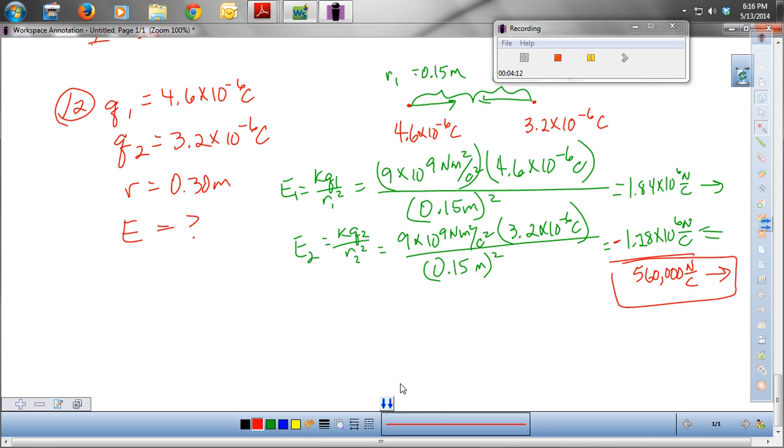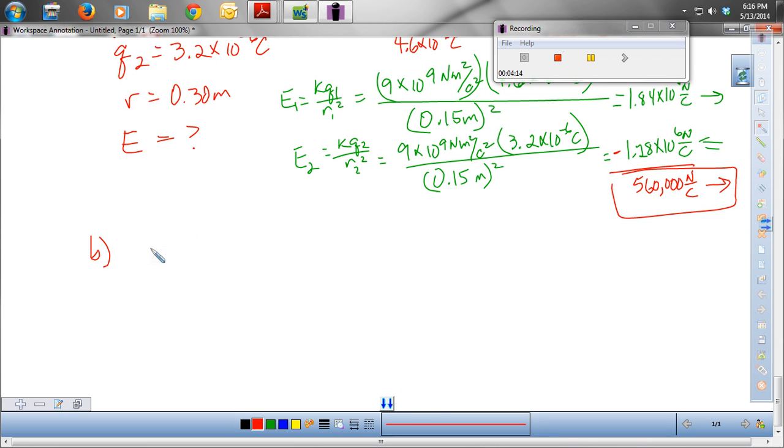Okay, then they want me to go to part B, and they want me to rework it. And this time they want to put the charges exactly like I had them. But they're going to change the R value. So this is going to be 10 centimeters, or 0.10 meters. And this is going to be 20 centimeters, or 0.20 meters. So I reworked E1,